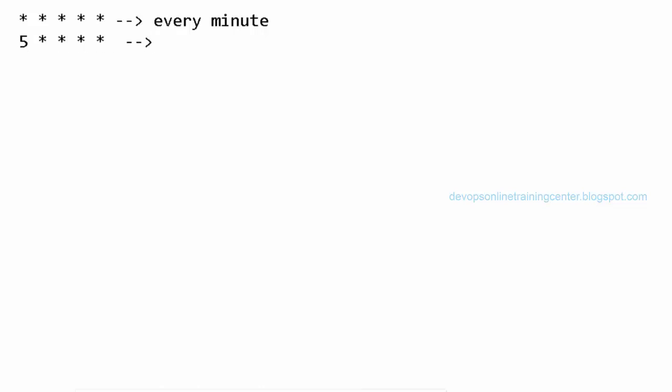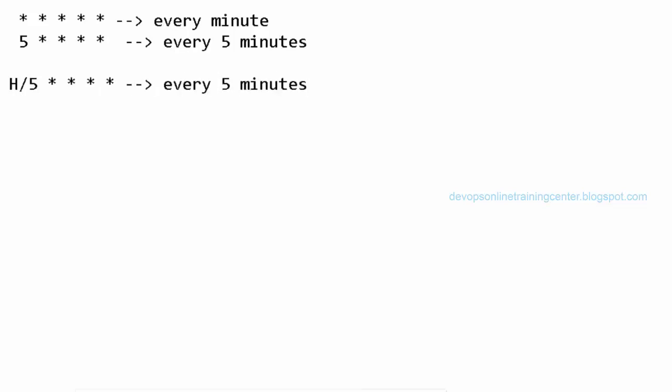I think we have seen this in the Unix classes, like how crontab works. Every 5 minutes. This runs every 5 minutes. Or there is also syntax like H/5. This also indicates the same. This runs every 5 minutes, so in 1 hour, it runs every 5 minutes. Or let us say every day at 10 o'clock in the morning. So this is the 10th hour, right? The second field is for the hour. Every day, 10 a.m.